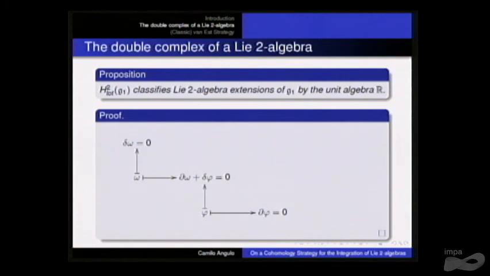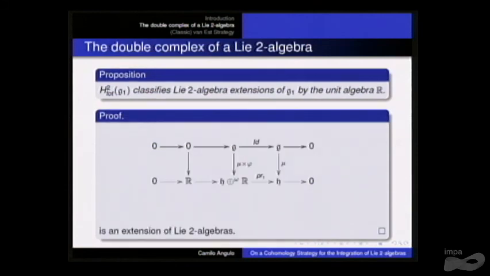And this compatibility condition here is going to tell you that this fits into an extension. And, well, one would need to see that this is actually up to isomorphism, but it is also an extension of the usual theory of Lie algebra extensions. And so if you have studied integration, this should ring a bell because of what's been referred to as